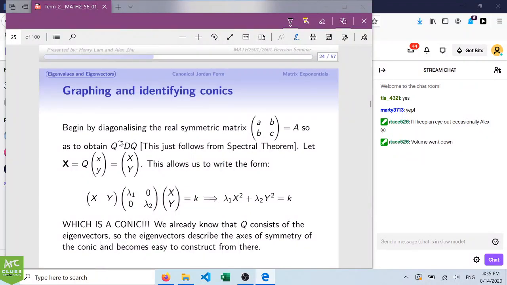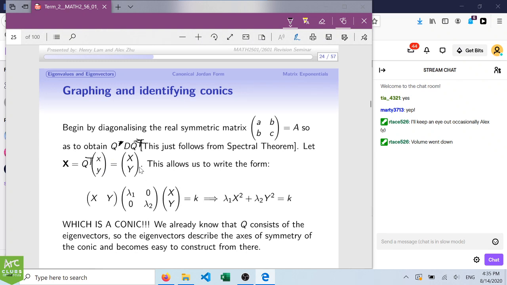Okay, I think there's a bit of an issue here. This should be T, so the transpose is here, and there shouldn't be a transpose there. So Q D Q transpose, and by letting capital X, Y equal Q transpose times xy,